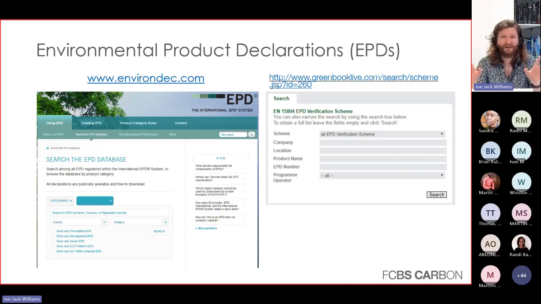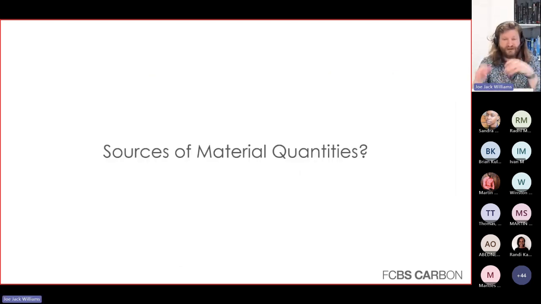I very rarely look at the rest of them. I do occasionally, but there's loads of data. What I would say is if you're struggling to read an EPD, they are quite tricky. There's a fantastic guide from the IStructE, so Institute of Structural Engineers in the UK, for free about how to read an EPD. It's really good, really intuitive. I'll just take you through it. There's a lot of technical language in there, which can be a bit daunting. So definitely have a look at it. So that's great. So we've got the data. So all we need to do is work out the material quantities, right?